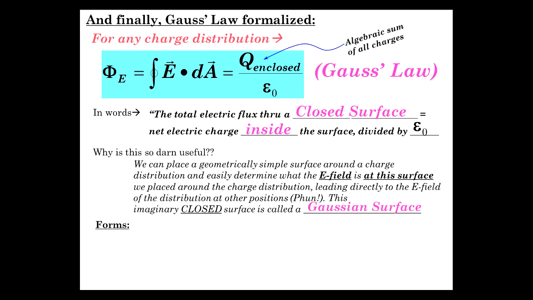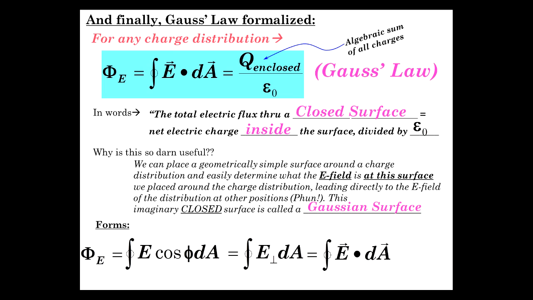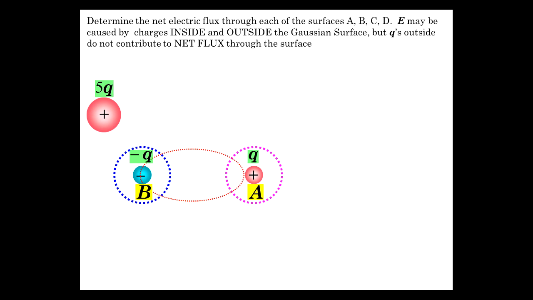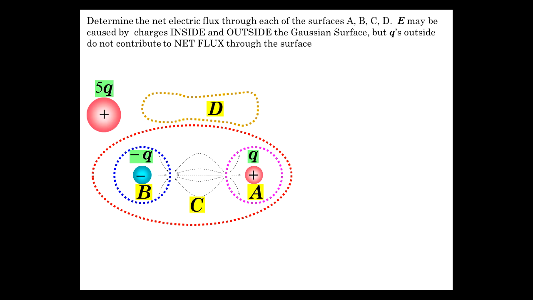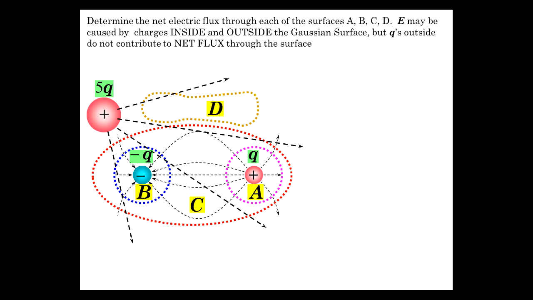Now the practical forms that this flux relationship can take is that it's equal to the closed integral of E cosine of phi dA, which is closed integral of E perpendicular dA, which is closed integral of E dot dA. And in all cases, it is equal to the charge enclosed divided by epsilon 0. Let's consider the electric flux through each of the surfaces A, B, C, and D. Wow, that looks pretty complex, but really it's quite simple,